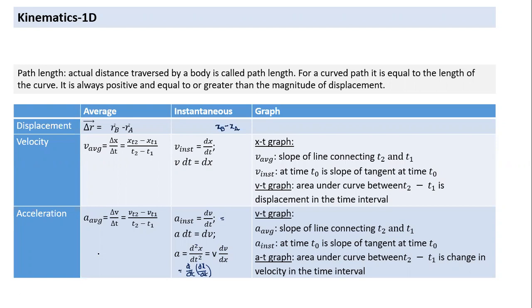Because what did we say? Acceleration is equal to dv by dt. I think I mentioned the chain rule. So suppose I multiply by dx and divide by dx. And then we change the position of dx. It becomes one term dx by dt, and the other dv by dx. And dx by dt is equal to v. So there are two different forms in which we can write acceleration. One form is this, the other is v into dv by dx. This is not a new formula, we can very easily arrive at it.